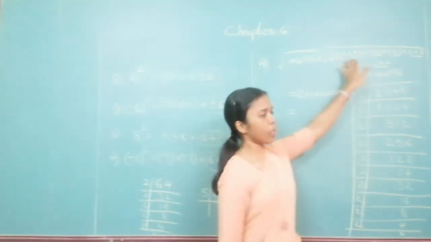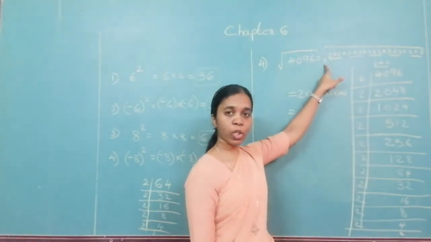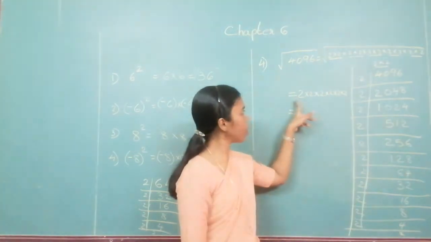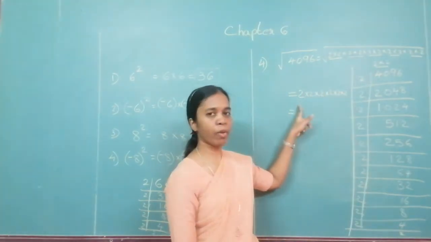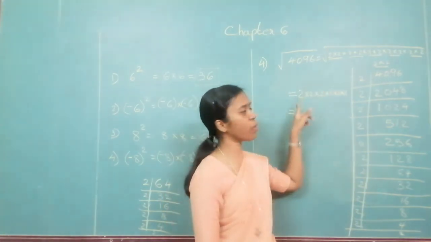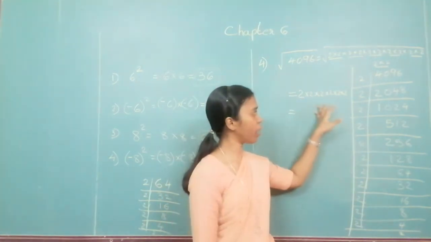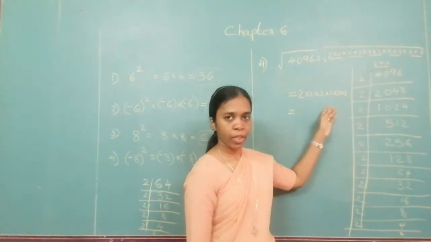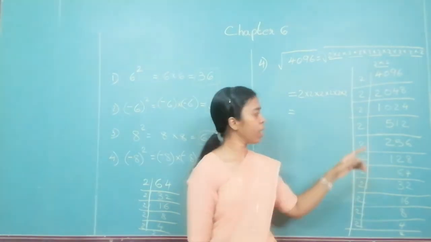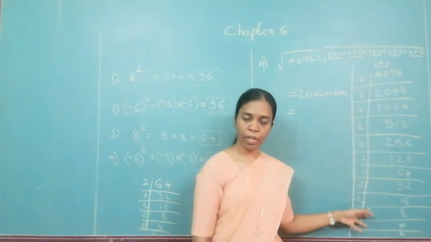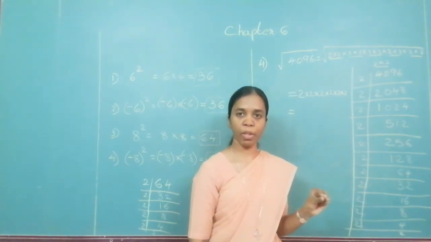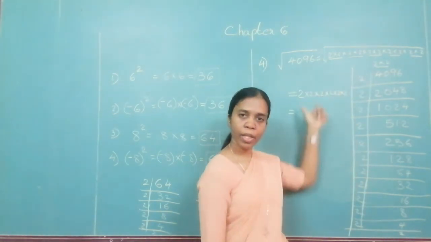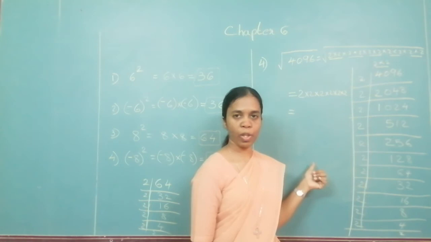So we write them. Take care, we are writing it in the square root sign only. From each pair we are taking out 1, and then we remove the square root sign. Here when I wrote, I have not written the square root sign because I have taken out only 1 from the pair. Is that clear? Suppose it was 3, 5 or 7, whatever it may be, from each pair you take out 1. If it was 3 into 3, a pair of 3's, take out one 3. If a pair of 5's, take out one 5.